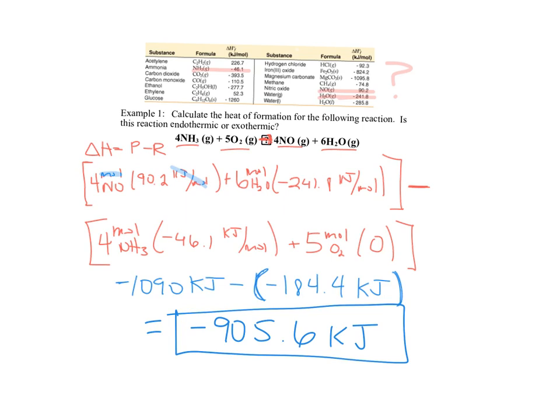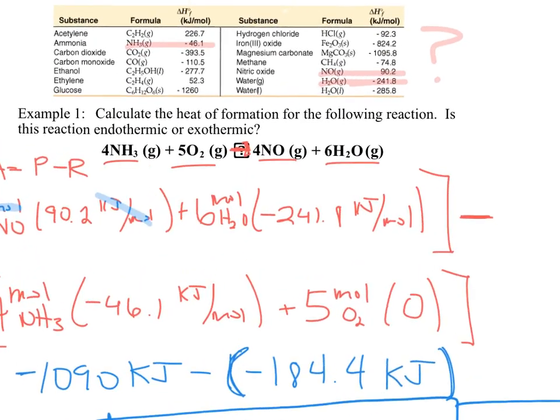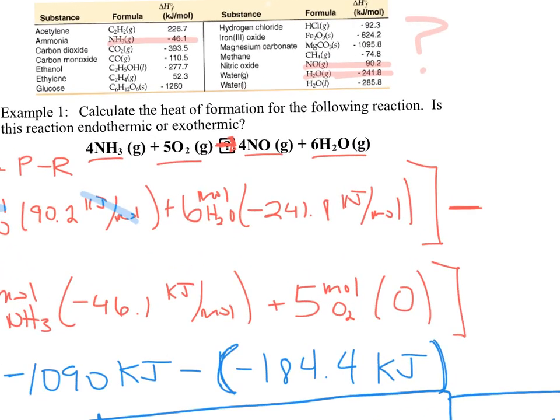So is this reaction endothermic or exothermic? Well, it's negative, so that tells me that this is an exothermic reaction. What's really neat about this is if I know it's exothermic, maybe we want to go into our chemical equation and add that amount of heat energy. I can write it as a product since it's exothermic and say that, cool, if this reaction happens, I'm going to get 4 NOs as a gas, 6 moles of water as a gas,